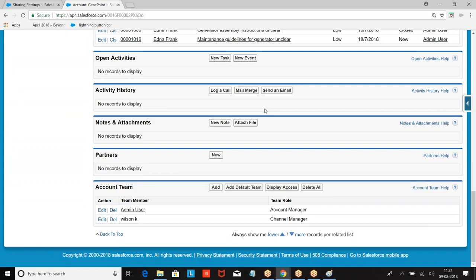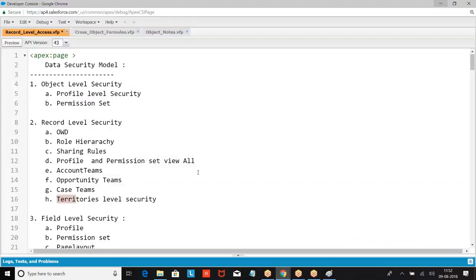So if you want a group of people to collaborate and work on a particular account, we create account teams. And every team member will have a role, and the account team member will have access to the corresponding accounts, contacts, opportunities, cases. Everyone has followed this? Clear? Let me give you critical information about it. I hope everyone has followed this point.